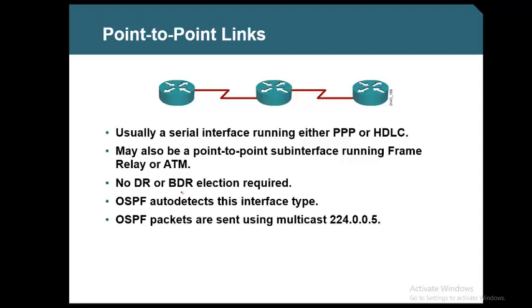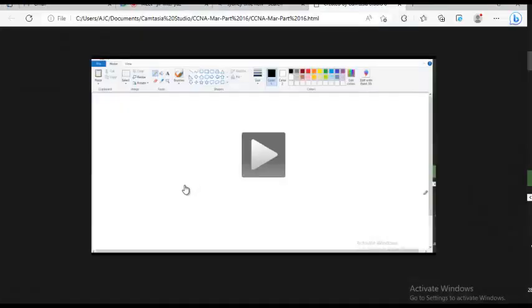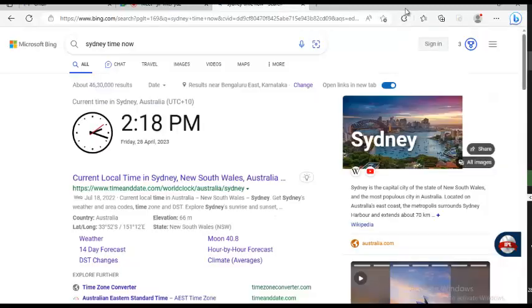There is no DR-BDR required. Not necessary. Wherever there is a serial interface or HDLC, OSPF can auto-detect the interface type as point-to-point, because it is a serial link, and there won't be any DR-BDR election. If there is no DR-BDR election, there is no need for 224.0.0.6, because you just have 2 routers, you and me. There is only one address, more than enough,